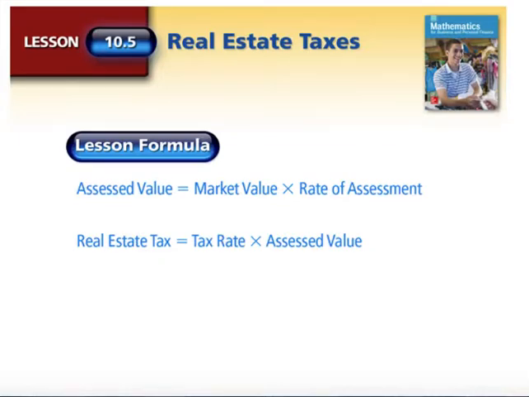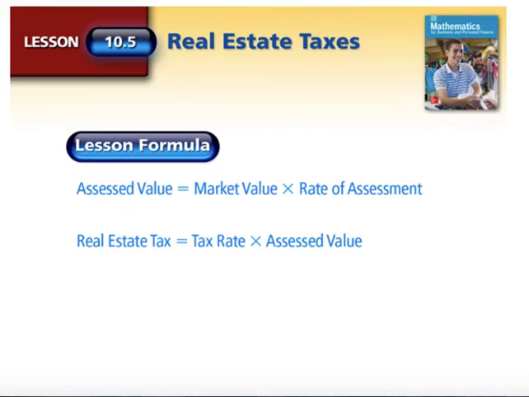Okay, so we're going to need two formulas today. We're going to start with the market value of your property, and to calculate the assessed value, we'll multiply that by the rate of assessment. That just values how much of your home will be taxable. And then we're going to calculate the real estate tax. So we're going to take that tax rate that we find with our millage. If it's 5 mills, it's 5 divided by 1,000, and we're going to multiply it by that assessed value that we calculated. So you can see that we're not taking the taxes on the entire value of your home,